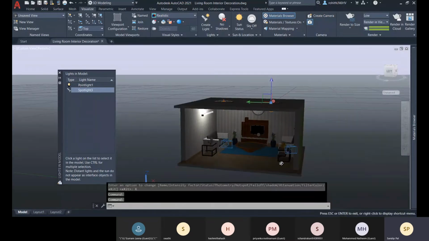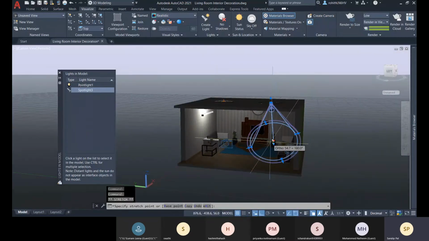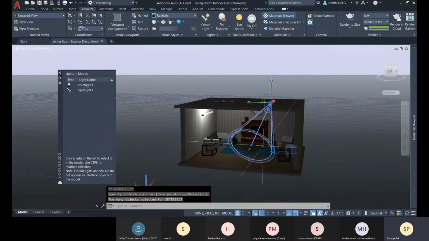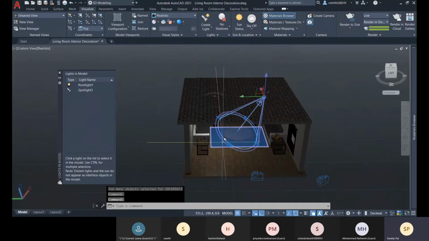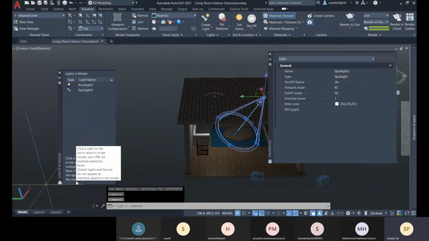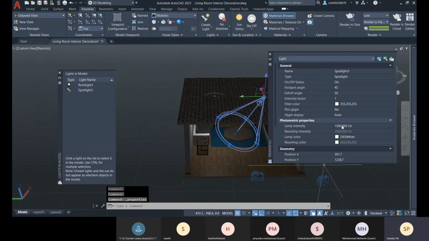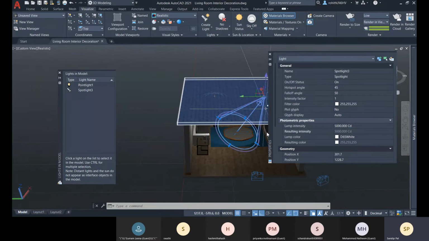So that is the target right now. Let me change the target. This is the target right now, and there I think you can see it. You can come to its properties, control 1, and there you can change the property. So let me go for the same. There you can see, right?